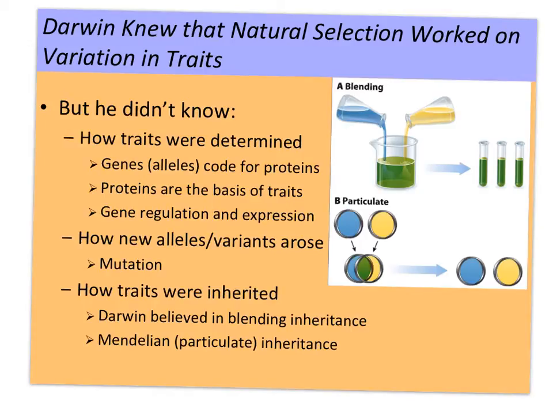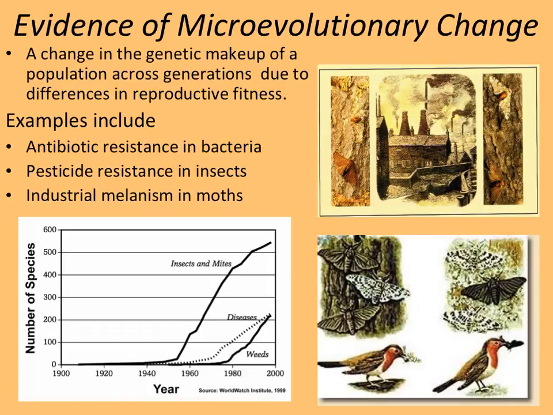So, as you can see, with particulate inheritance, let's say you have an allele that gives a blue pigment. You have another allele that gives a yellow pigment. If you have an individual with a blue and a yellow allele, they actually end up with a pigment that's expressed as kind of green. It looks like it's kind of blending, but it's actually not. Okay, so